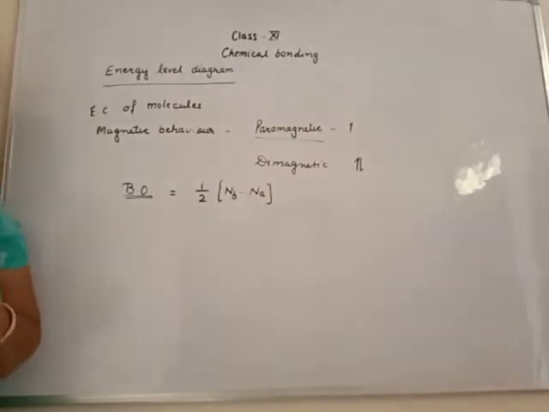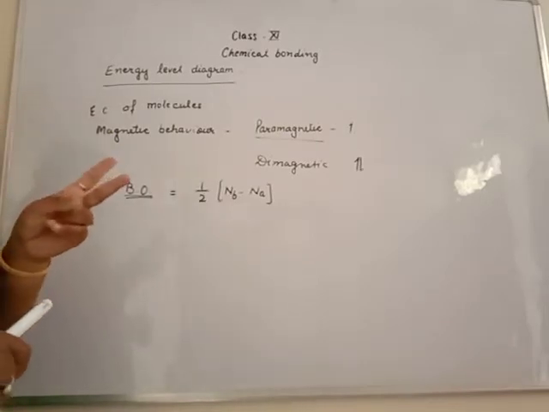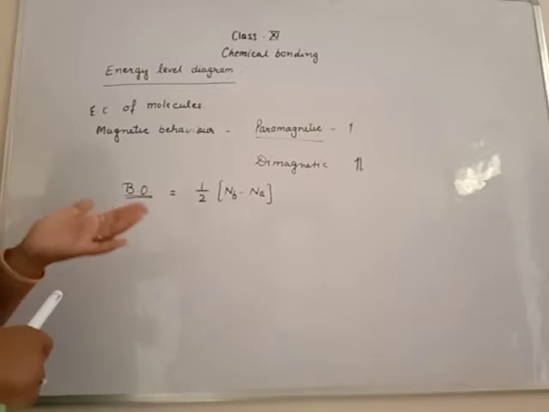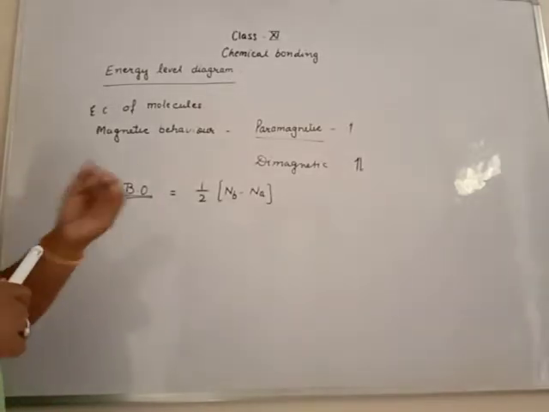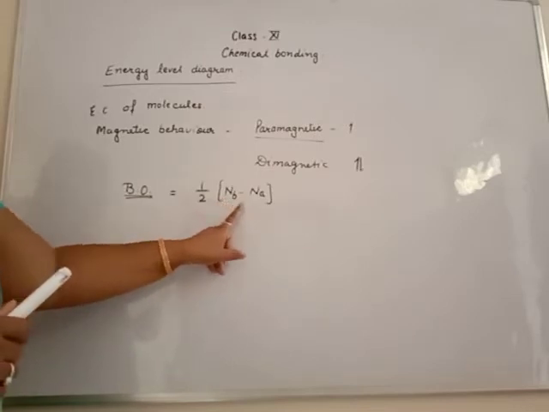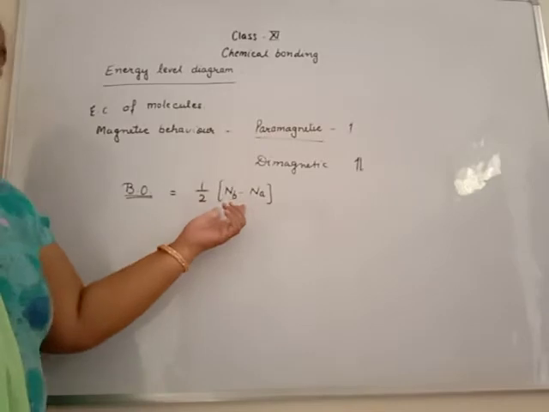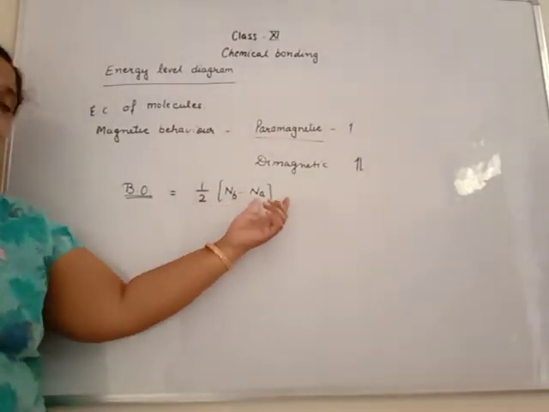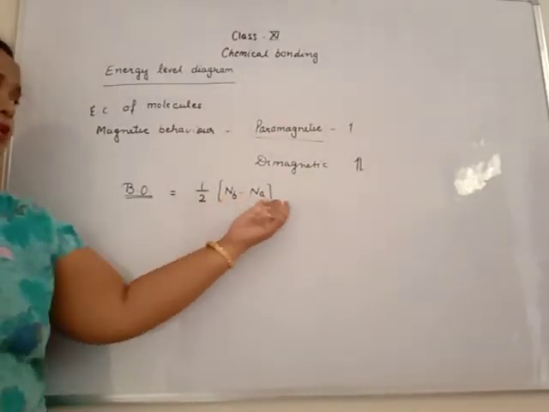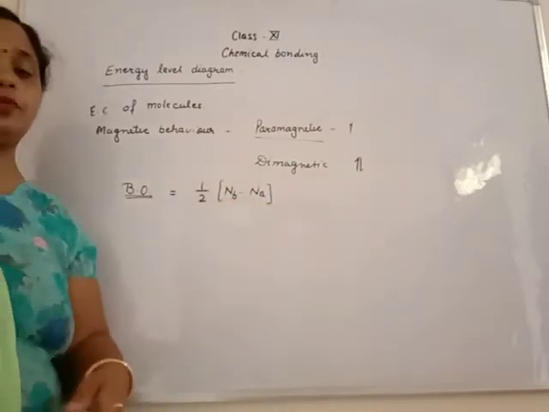Beta, in molecular orbital theory, I will explain that when two atomic orbitals overlap, two new orbitals are formed. One is the bonding molecular orbital, the other is the anti-bonding molecular orbital. An electron present in a bonding molecular orbital is known as a bonding electron, and an electron present in an anti-bonding molecular orbital is known as an anti-bonding electron. Bonding orbital has less energy, anti-bonding has more energy. It is more stable, it is less stable. That is the difference between bonding molecular orbital and anti-bonding molecular orbital.